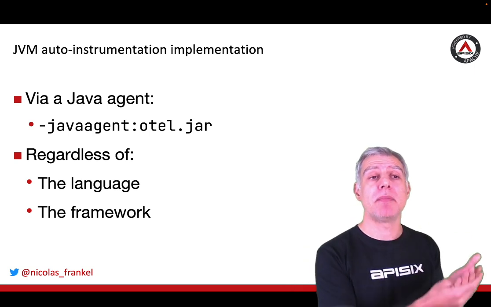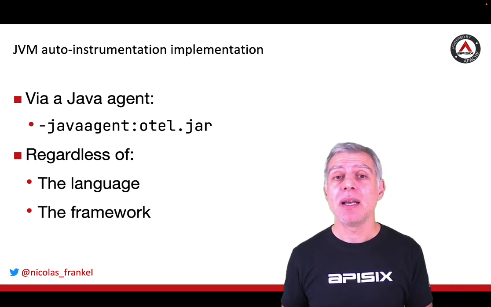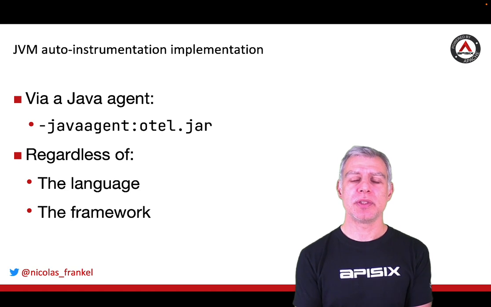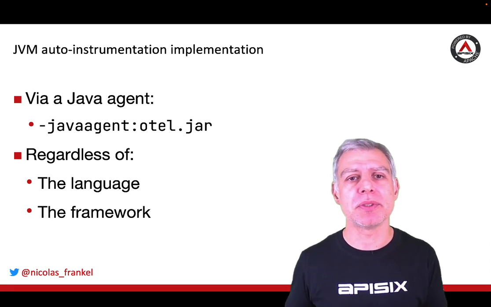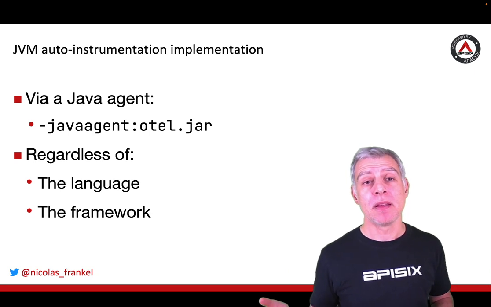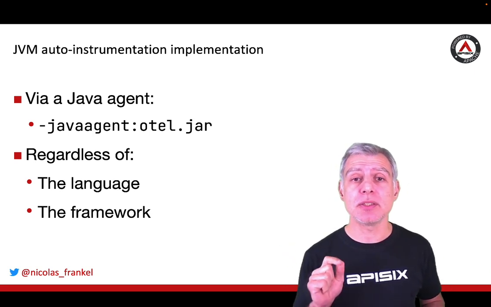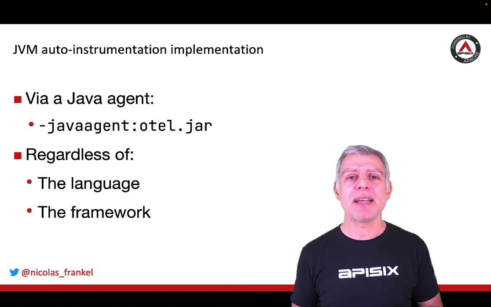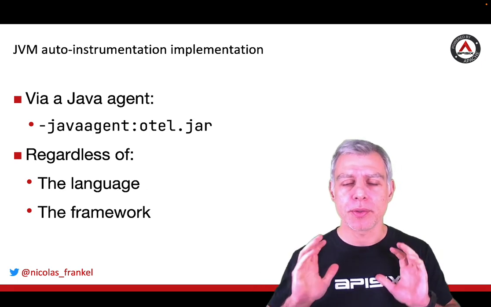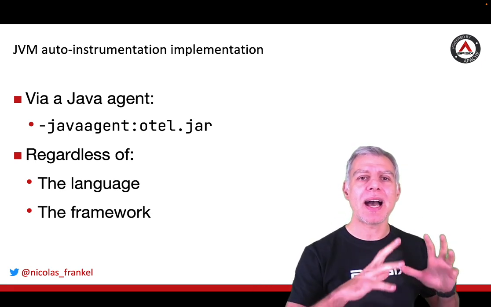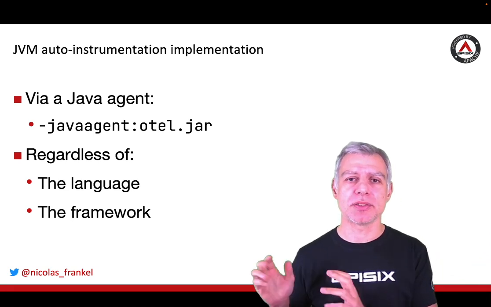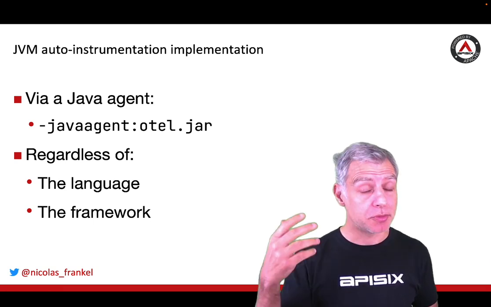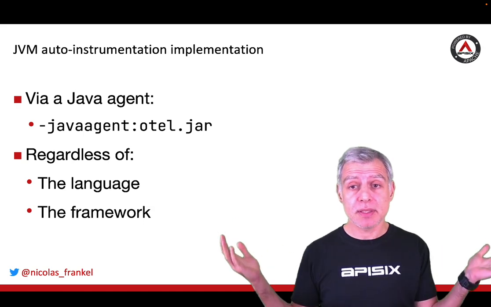The next step is the JVM level. As I mentioned, the JVM is a runtime, so I can easily use auto instrumentation. And on the JVM, auto instrumentation is done through a Java agent. So this is quite easy actually. I just need to pass the Java agent when I start the application, and I don't need to write anything. So your developers are completely isolated from this tracing concern. They can write their code and everything will work as expected. This is regardless of the language and the framework because it's the JVM.